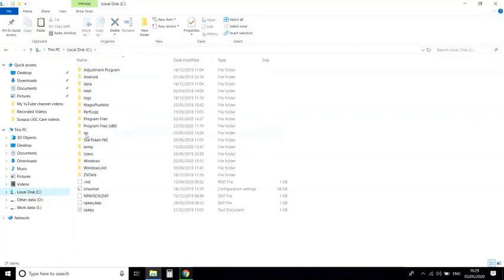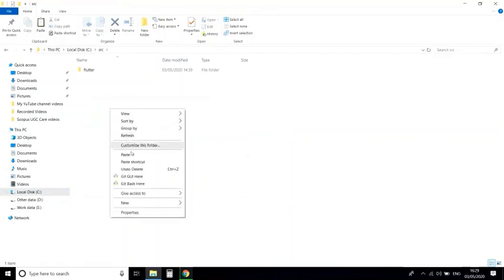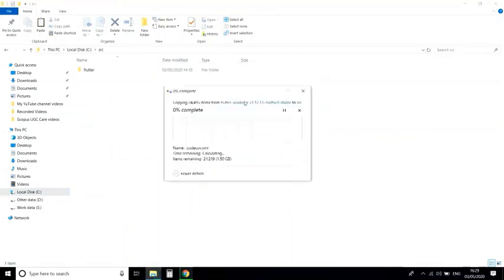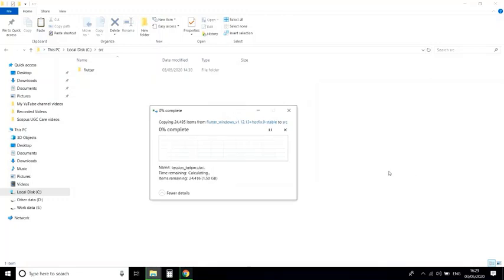Okay, now completed. Just open this, copy this Flutter setup, go in C drive. Here I have created the src folder, source folder. Open it and paste the Flutter setup here. So see, after unzipping, the size of the Flutter SDK is around 1.5 GB.